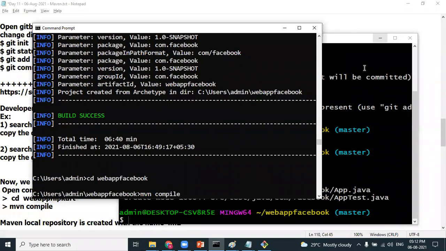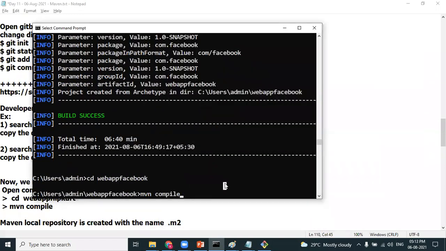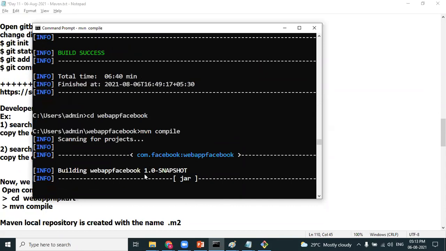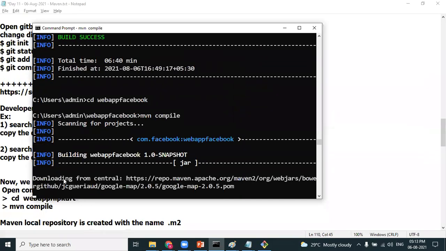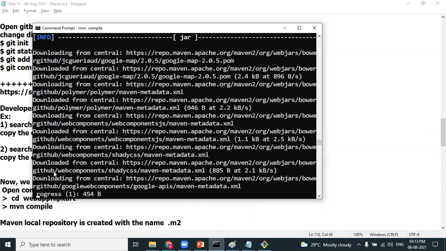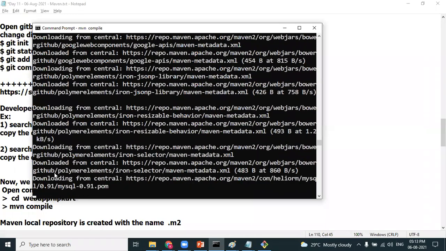Observe when I run this mvn compile command, observe what happens. Can you see the word downloading? What is getting downloaded?